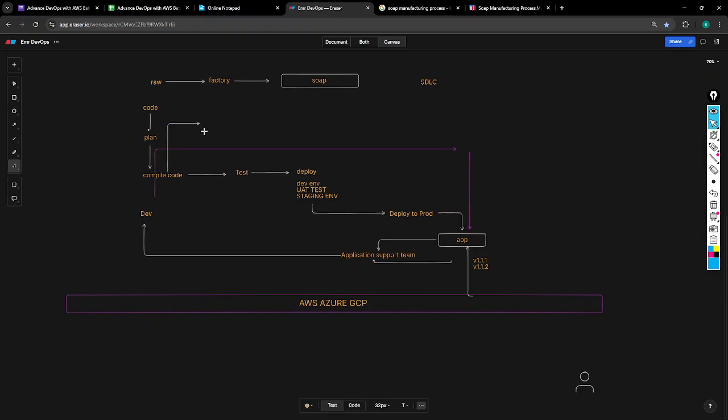So here, I call them build tools, like NPM, MSBuild, Maven. These are tools. To test, we need tools like Selenium, Playwright. We need these tools. To deploy, we need tools again, like OpenShift, Tomcat, Docker, Kubernetes.